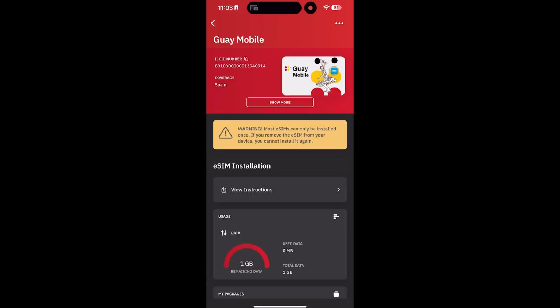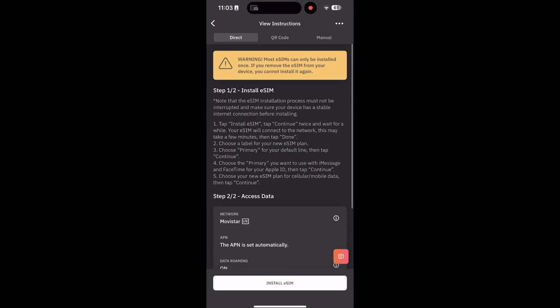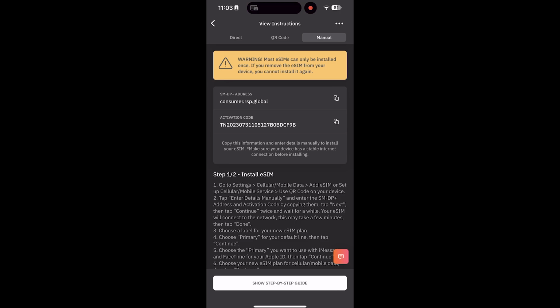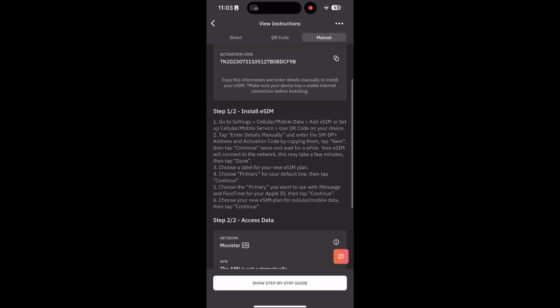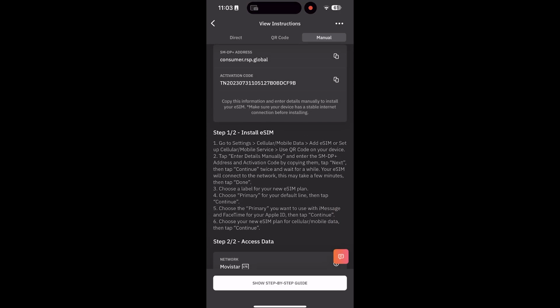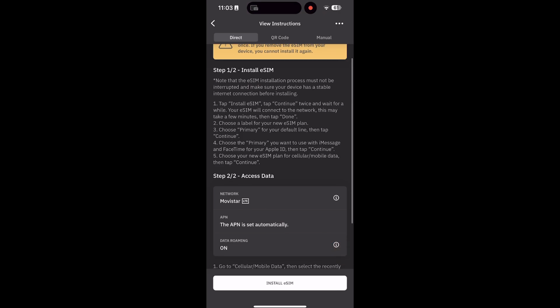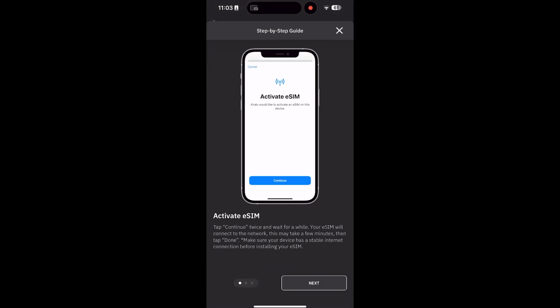Now, I tested out so many of these eSIM apps, and Airelo is the only one that automatically installs the eSIM for you. So with most of the eSIM apps out there, you either have to install this via a QR code, meaning that you need 2 devices, or they'll also give you the option to manually install it, and you have to follow all of these settings. However, as I say, Airelo is the only app that I came across that is going to automatically install the eSIM for you. So all you need to do is click on install eSIM,